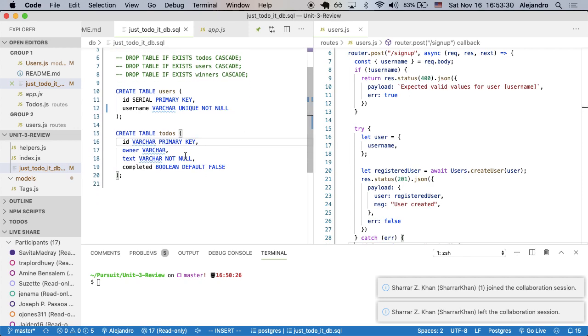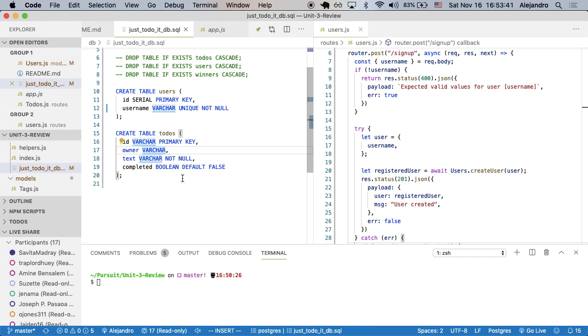So here, what we can do is, as Amin said, just make sure that when you are inserting a to-do, you are referencing a user from the users table. So what we can do here is say the owner,